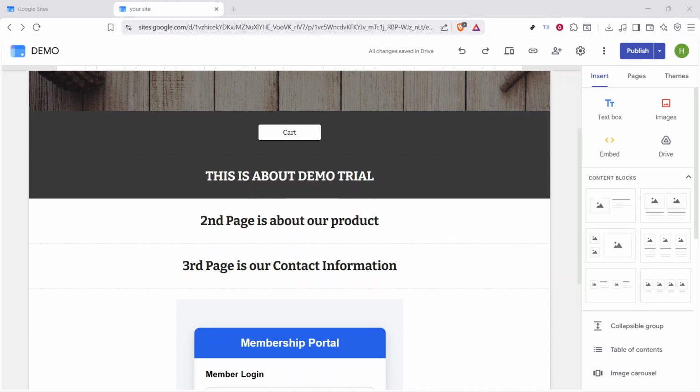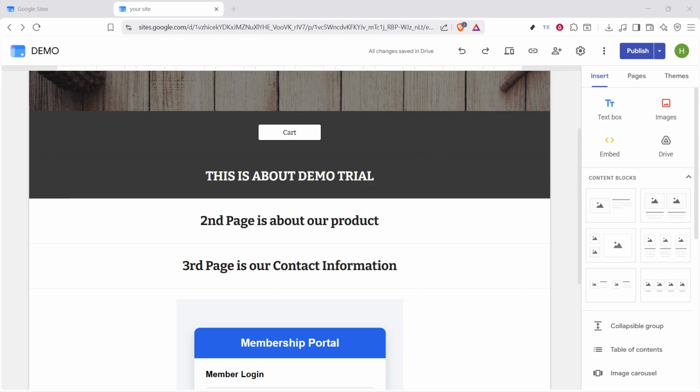In today's video, I'm going to teach you how to add a subpage on Google Sites. If you're organizing content on your website and want to keep related pages grouped together, adding a subpage is a simple and useful feature in Google Sites. A subpage appears underneath a main page, which helps create a cleaner navigation structure and makes your site easier for